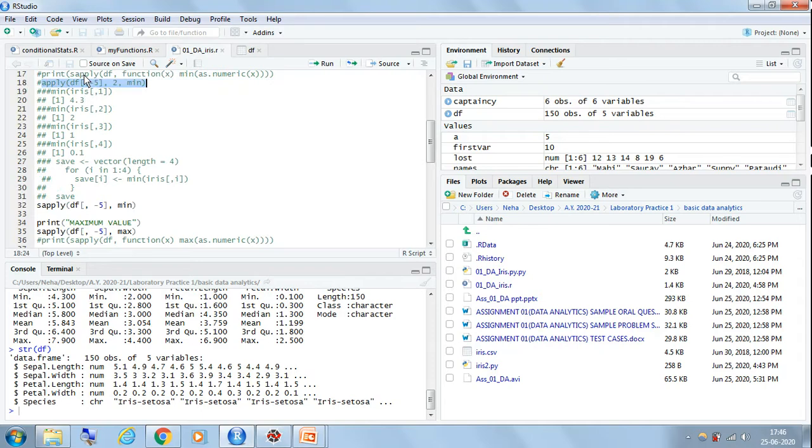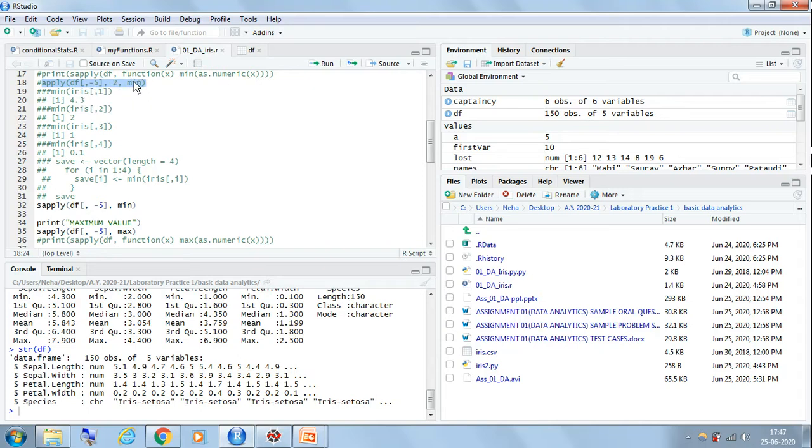That is why you can see here in the square bracket, comma -5. The -5 indicates you want to ignore the last column, that is the fifth column, and on the rest of the data set you want to apply this function. Now you have to apply the min function. So this is one way to display the minimum value.